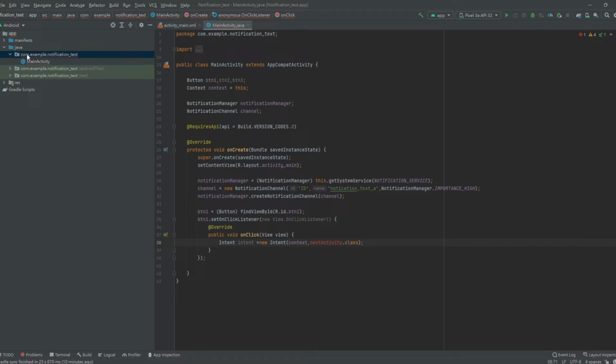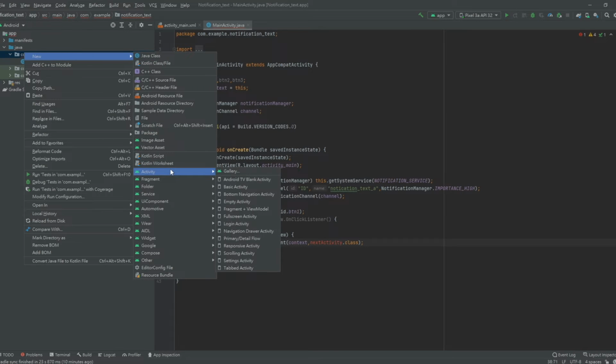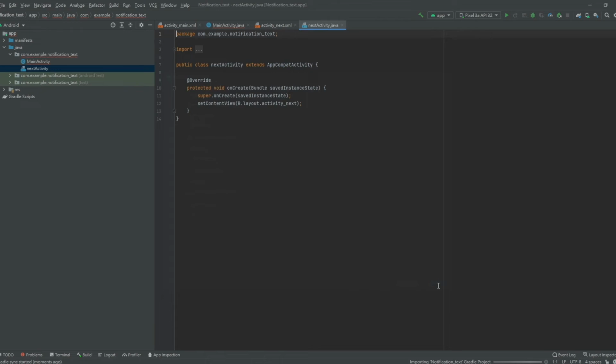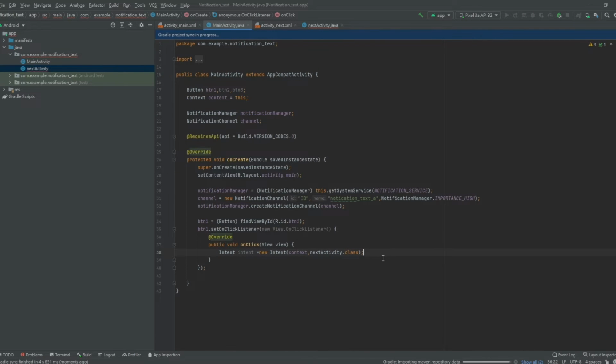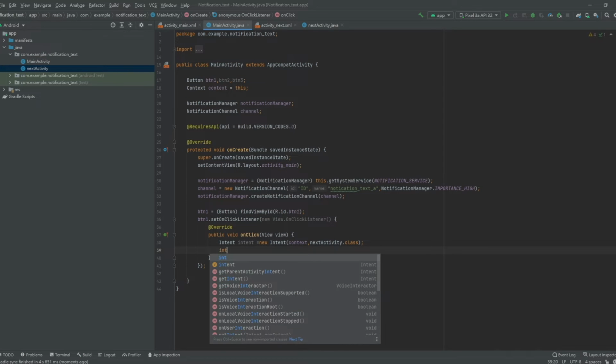So we add a new activity for it, new, and we can click the activity, also the empty one, and rename it. It's called the next activity, and we can go back to our main activity,